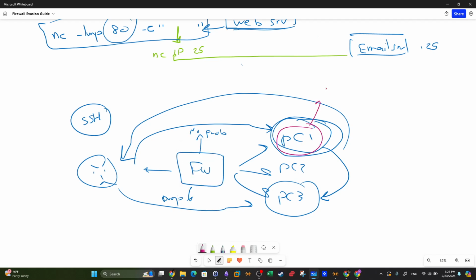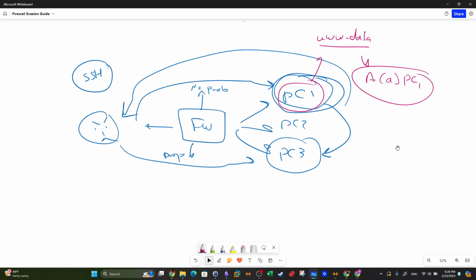If you got access to PC1 through a vulnerability in the web server, you should convert from www-data into a user, such as maybe a at PC1. Then, using SSH port forwarding, you can now forward the connection. What's the command? So now, given that there is SSH on PC1 and you get access to the user, you can go back now to your machine here and execute the below command,